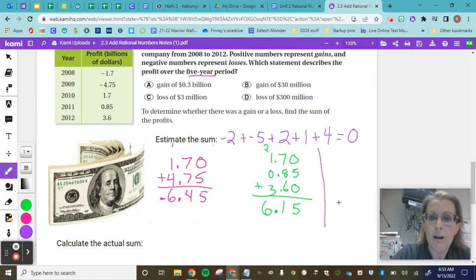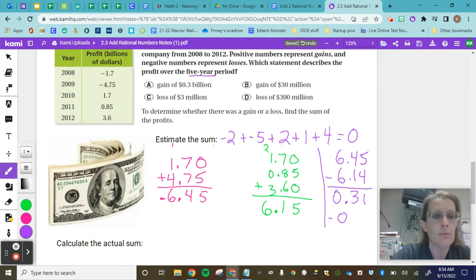And I need to subtract to cancel out my positives and negatives and to see how many are left over. So I put the larger number on top to subtract, and I line up the decimals. 5 minus 4 is 1, 4 minus 1 is 3. Bring down my decimal. 6 minus nothing is 0. And it was a negative, so I get negative